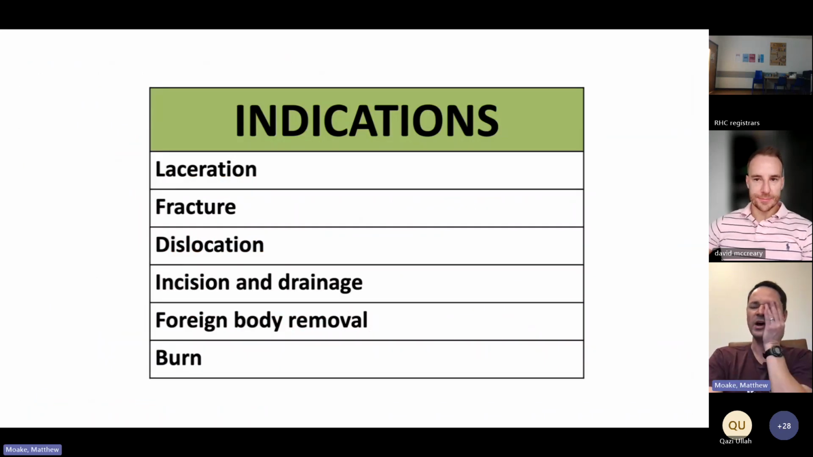So we switch gears to looking at why you'd want to do blocks. Really, your indication is going to be anything you have to do that's painful, whether that's pain control alone or for facilitating some sort of painful procedure. So lac repairs, fractures, dislocations, INDs, burns, foreign body removals, really anything that's painful,